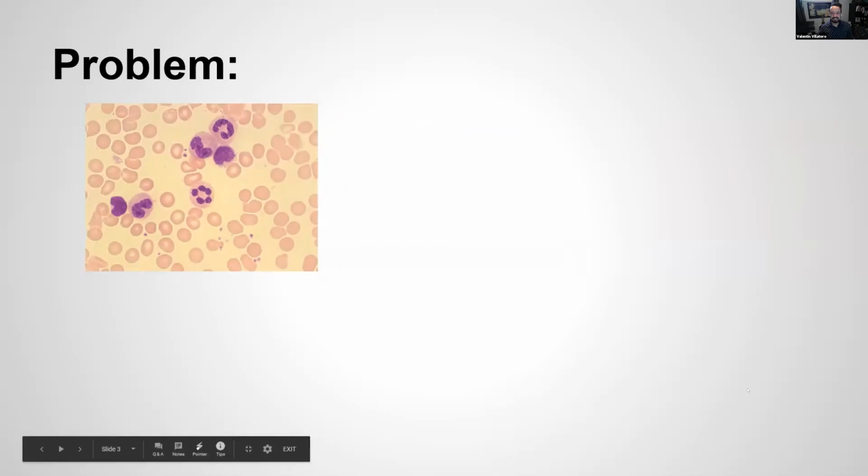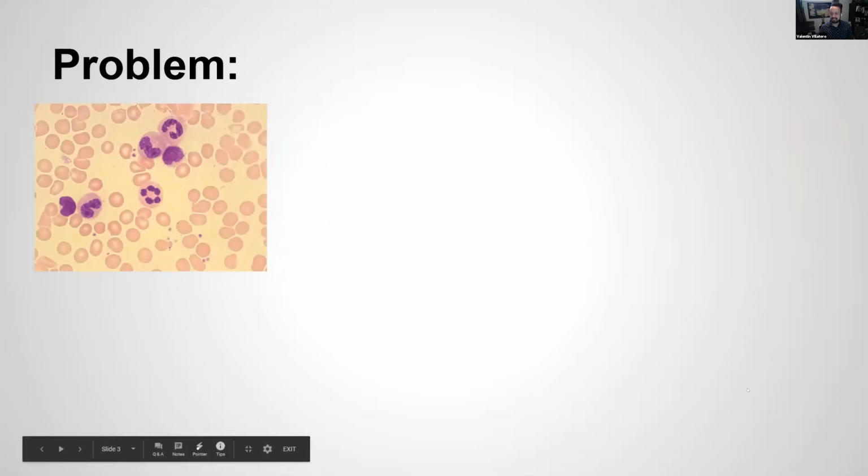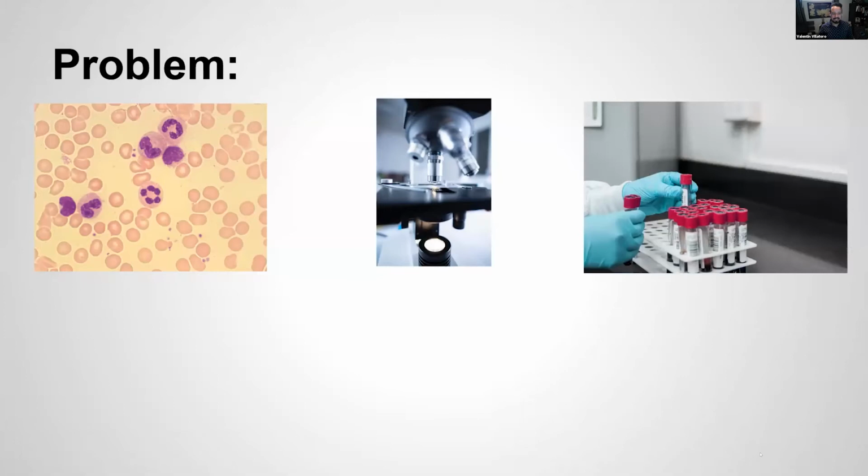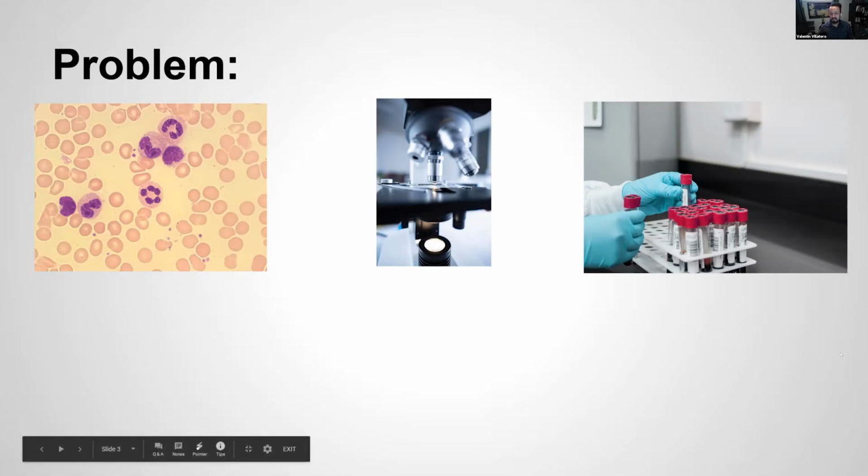My students were tasked with studying and identifying blood cells and their abnormalities, and this required a lot of hands-on time on the microscope with specialized equipment, blood smears collected over years from tons of interesting patient cases. And the problem was that these slides tended to break or fade over time. So we needed a constant supply of new blood smears to replace old ones. And sometimes this got tricky because certain disease states are rare, what we call once in a career type of smears. So it was tricky to replace them.